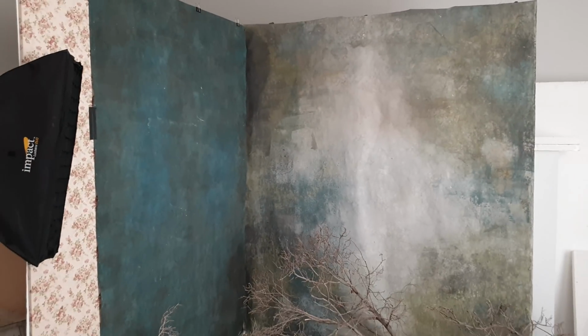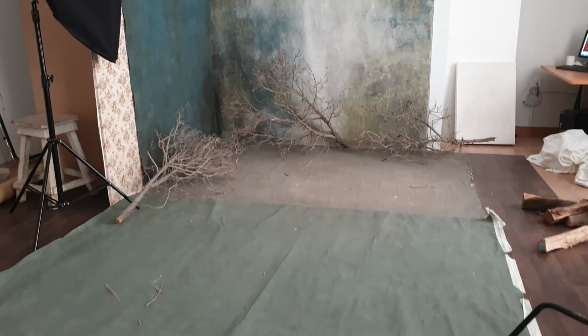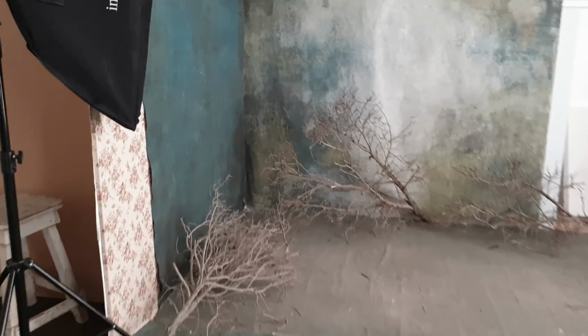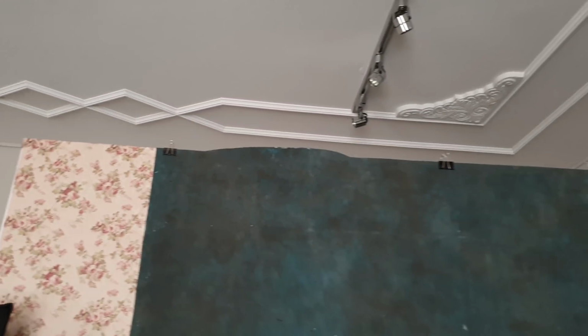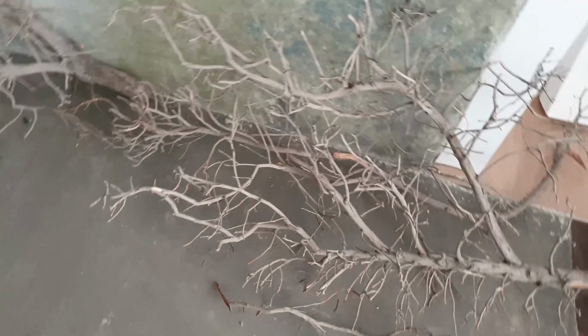So here you can see two canvas backdrops. We've got one that's totally green, one that has a texture on it and a lighter area in the middle, and then two further backgrounds on the floor. All of these were created via gravity backdrops. I purchased these a while ago. I do make my own backdrops, but these are ones I actually purchased. And I've just got two on the floor. They're different colours. In fact, they're all slightly different colour, but I'm not bothered because I will be fixing that